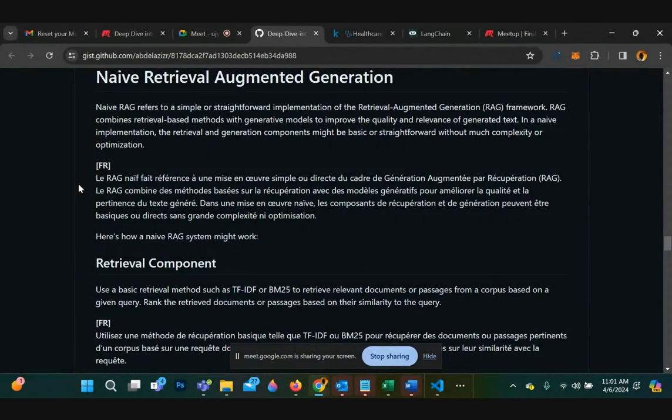So Naïve RAG is just a straightforward implementation of the RAG approach, right? The RAG framework. Basically, you have data that is being ingested into a vector database, and then you have the integration with the LLM, and then you can query the application.